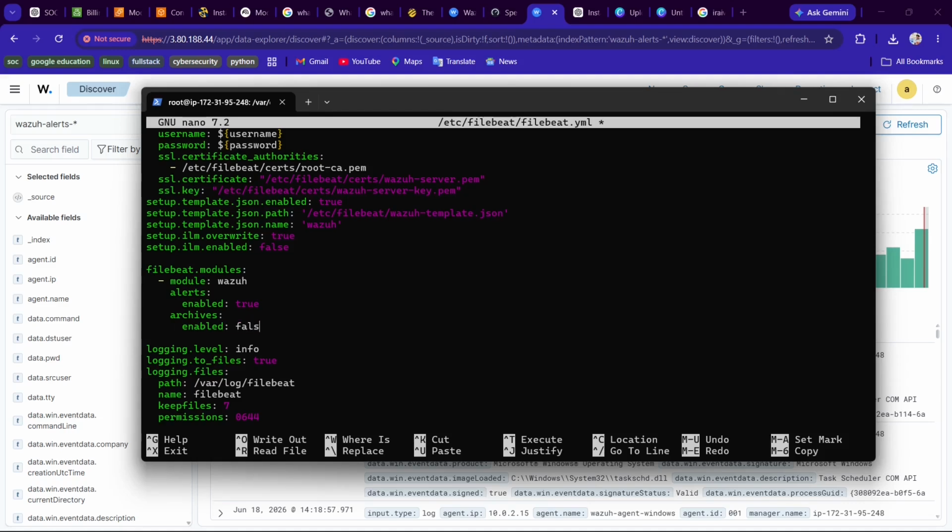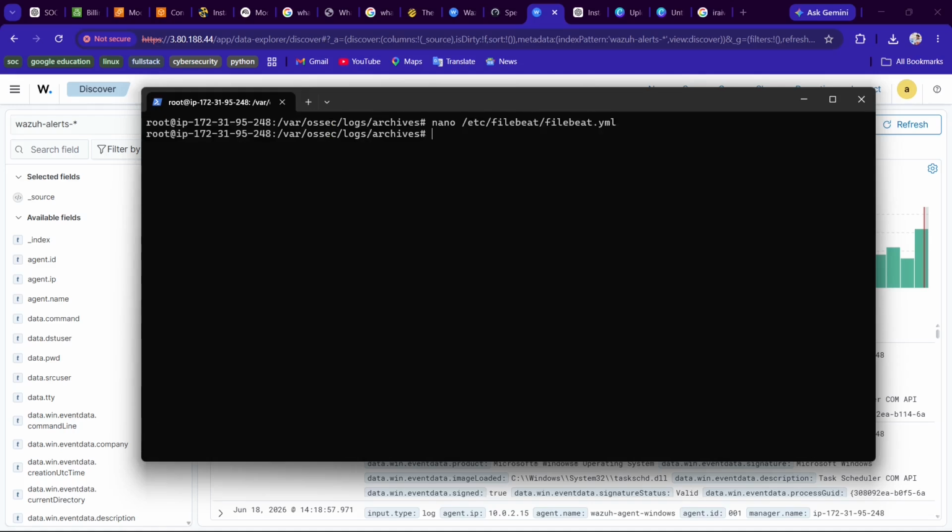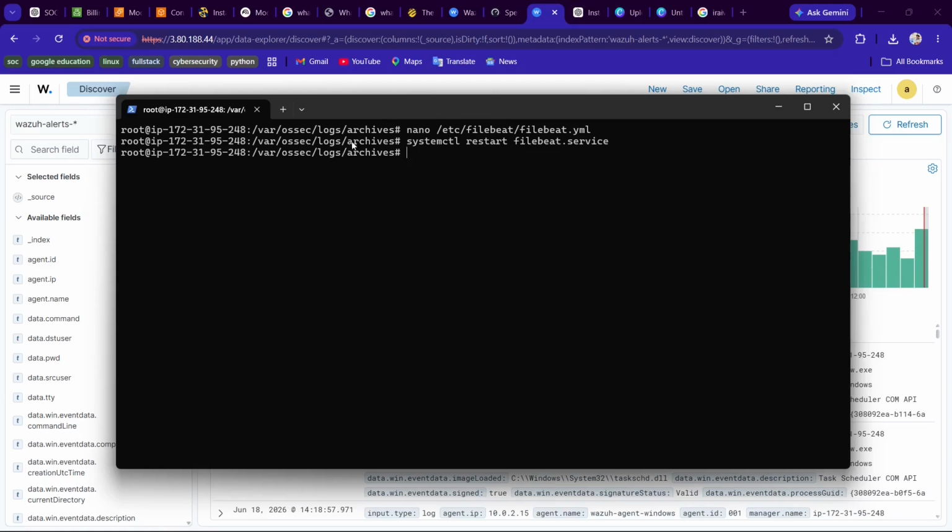Make sure that is true. It needs to be enabled, not disabled. Control O, enter, Control X. After that, restart Filebeat services, and once it's restarted, now the main thing,